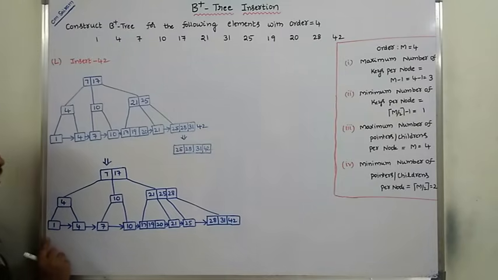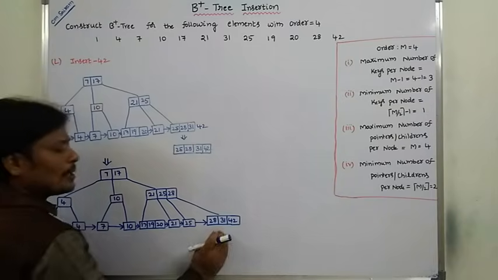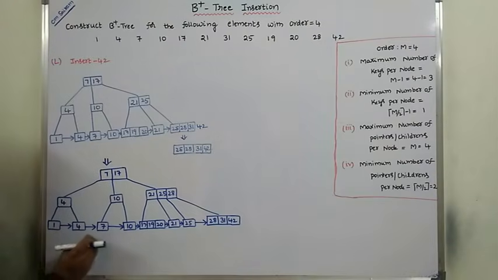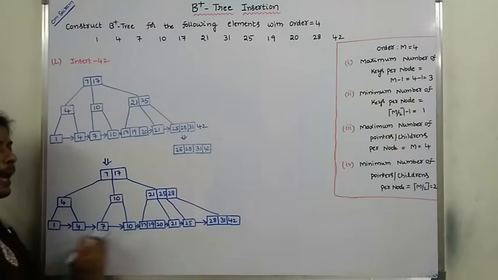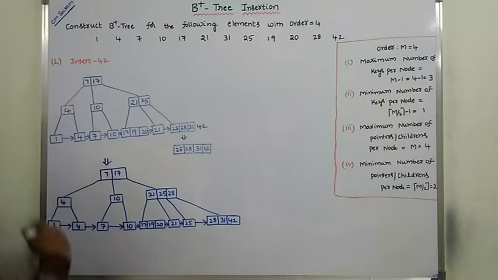All the nodes at the leaf level are linked to each other. These are the leaf nodes, and all the leaf nodes are linked to each other. This can be shown in every figure, but in the first figure, second figure, up to H, we are not mentioning the links. At the last level, all the leaf nodes are linked to each other. Finally, I am showing. So this is the B plus tree insertion.